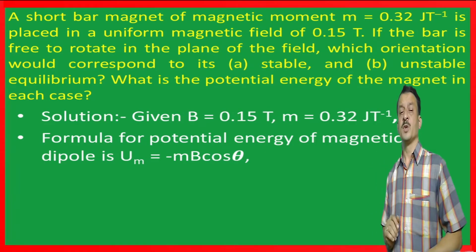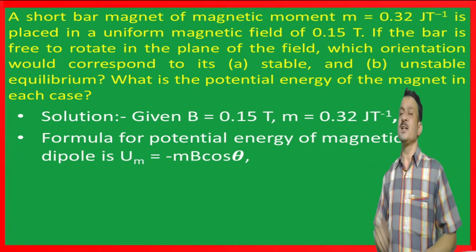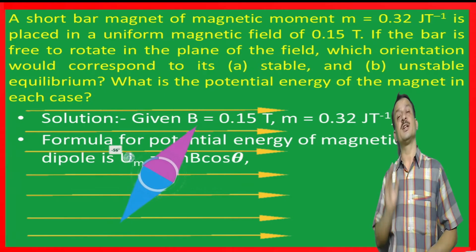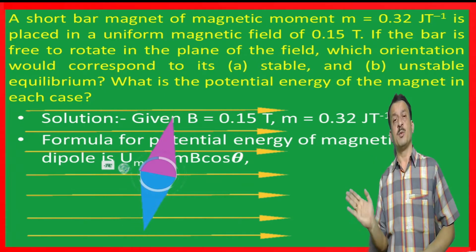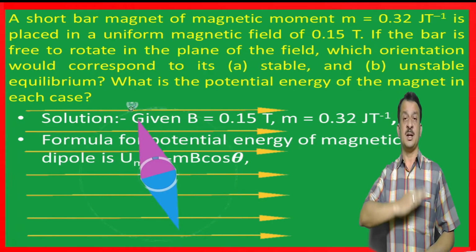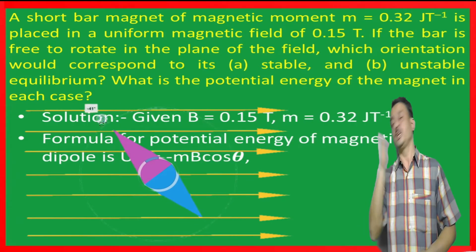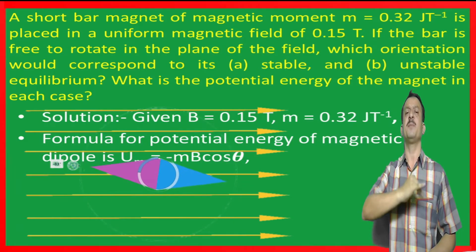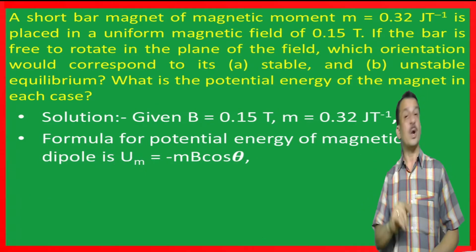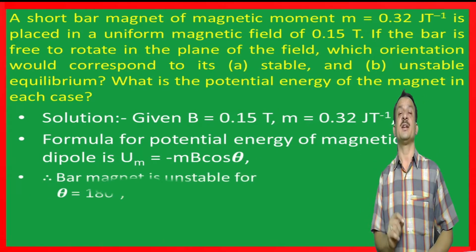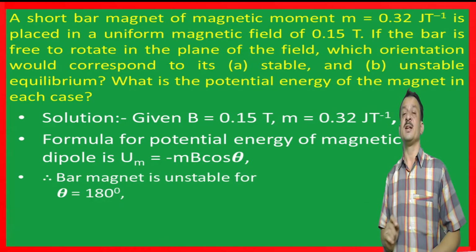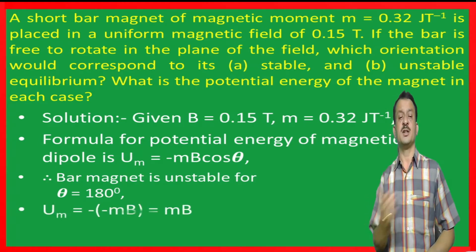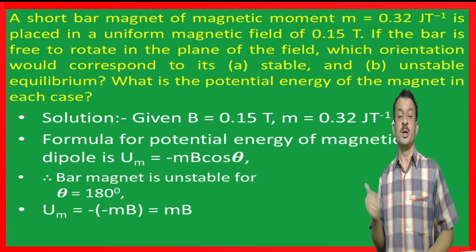Then what is the potential energy in the second case, where the bar magnet is in an unstable state? When will we get the unstable state? If the magnetic moment is anti-parallel to the field direction. Initially it is parallel, now it is anti-parallel to the field direction. That means theta is equal to 180 degrees. In that case, the bar magnet is highly unstable. Then what is the potential energy? Now potential energy Um is equal to